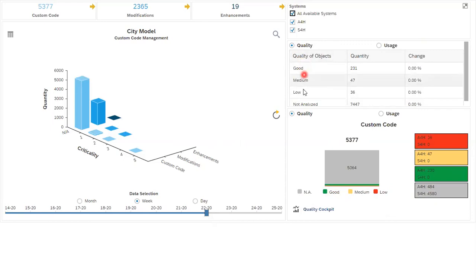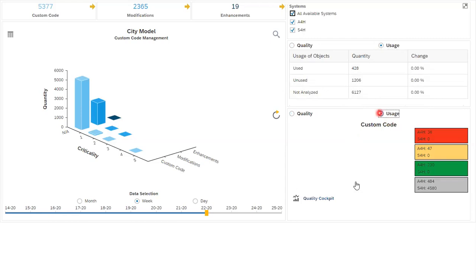The quality of the objects, quantity and changes shown here are being measured. There are two options you have here. One is uses. If I click on uses, it will show how many are being used, how many are unused and not analyzed as well. Let's click on this one. Yeah, you can see here.